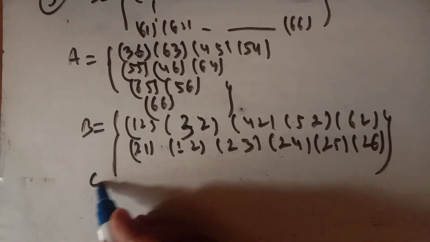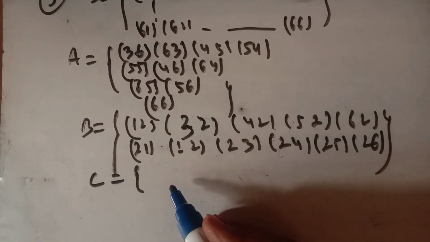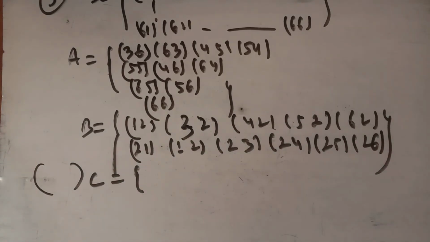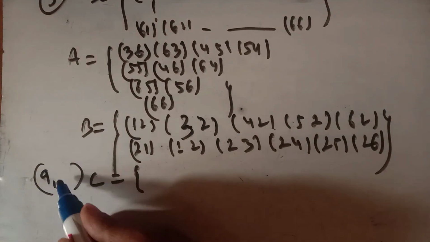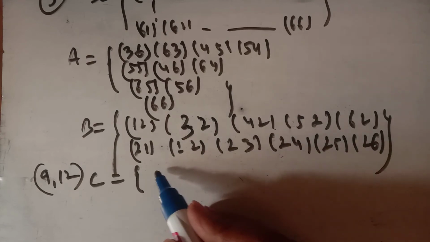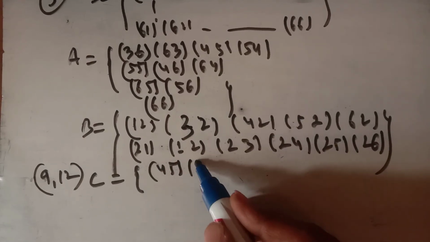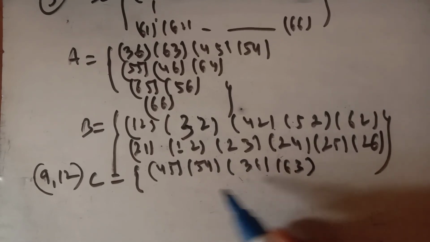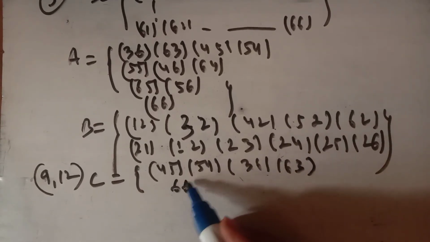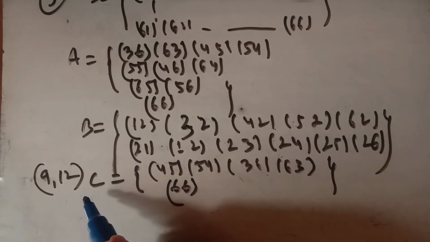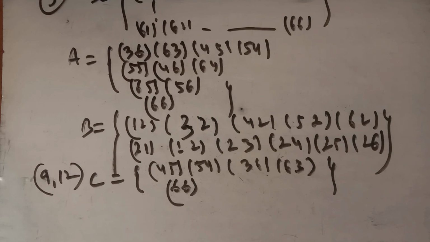Now what is C? C is the sum at least 7 and a multiple of 3. कम से कम 7 और multiple of 3. तो maximum sum 12 होता है, तो multiple of 3 में 9 और 12 वाले events आ जाएंगे. इनका sum 9 और 12 है on the faces. तो 9 वाला लीजिए 4 5, 5 4, 3 6, 6 3 and 12, 6 6. So these are the events C where the sum is at least 7 and a multiple of 3.